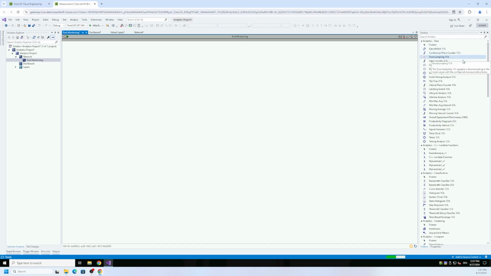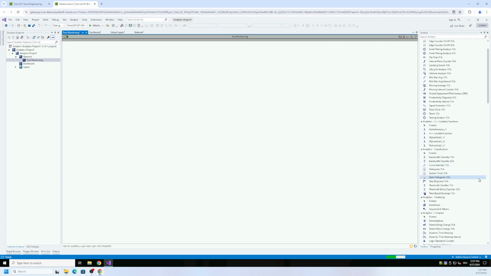So you have easy things like counting something, timing analysis, how long are my machine cycles, statistics, min, max, average, productivity diagnosis, OEE, other things like bandwidth classifiers or a threshold classifier, a lot of different things. And then also more complex things like correlation functions, linear regression, or an unsupervised clustering algorithm, for example, which goes in the direction of machine learning.